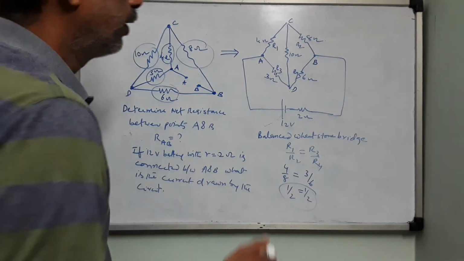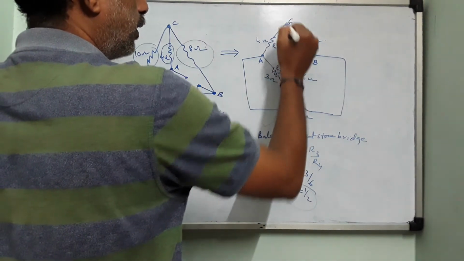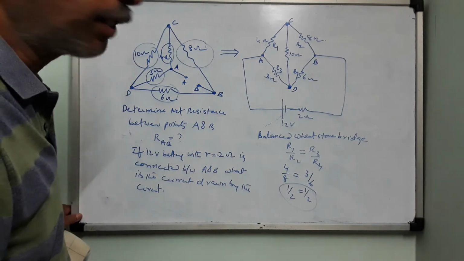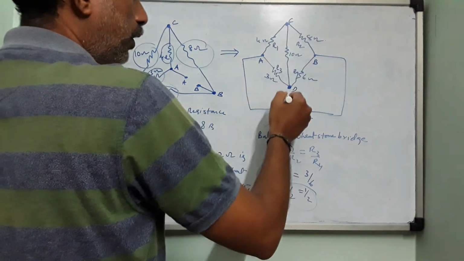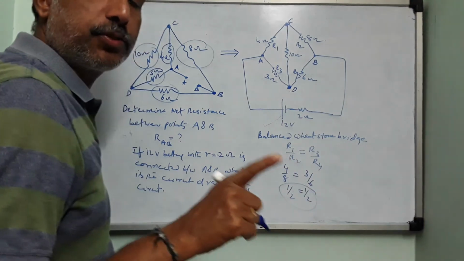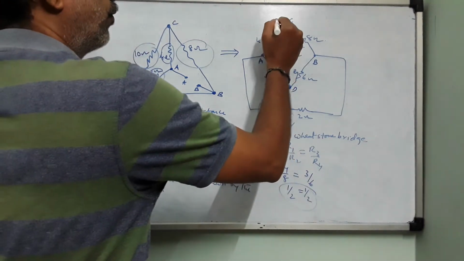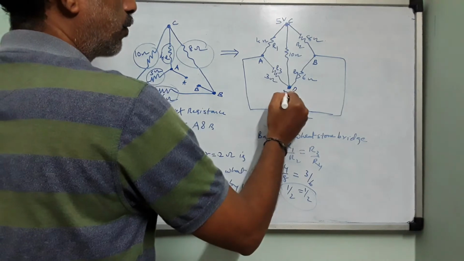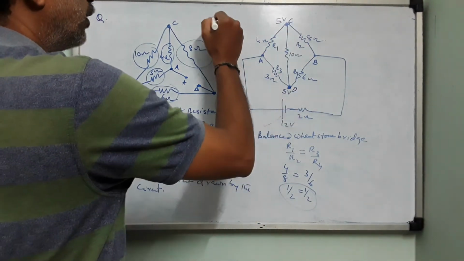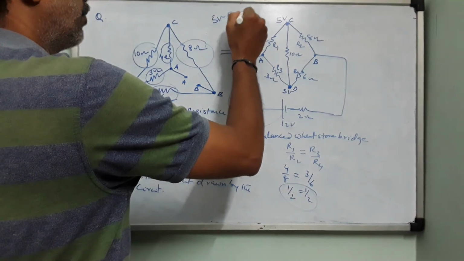Then the potential at point C and the potential at point D will be equal. Therefore, as there is no potential difference, children, potential is not 0, potential difference is going to be 0. If this is 5 volt here, for example, this also will definitely have 5 volt. So as there is no potential difference, 5 volt minus 5 volt gives 0.